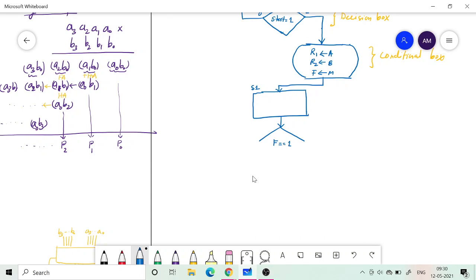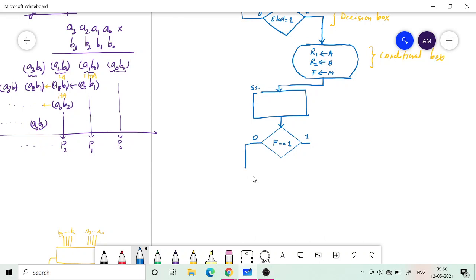So I am checking, okay, is F equal to 1? F is where I am storing my M input, mode input. So there will be two answers for this. One answer is no. Other answer is yes.